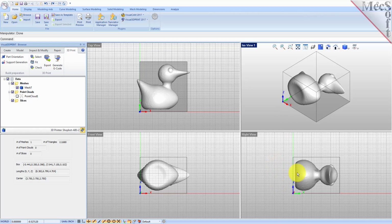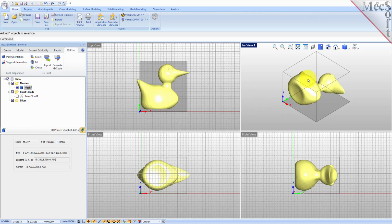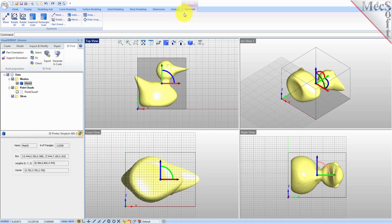Now we look pretty good in the right view. Everything's fit in here pretty good, but we're still extending on the top view. So let's scale our mesh down a little bit. Let's select the mesh, and in VisualCAD, when you have an object selected, the Transform tab under the Modify tab displays automatically. So let's select the Transform tab,